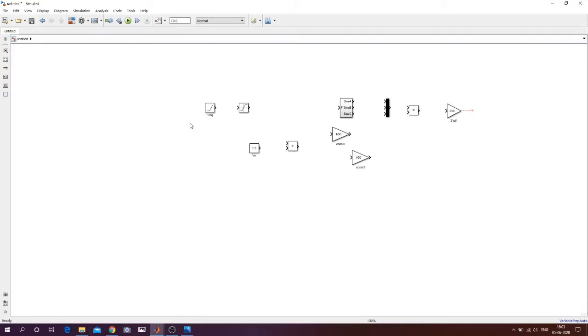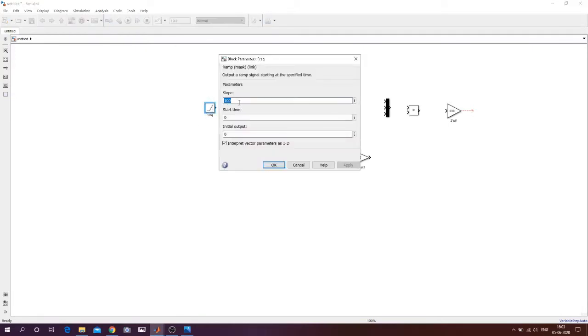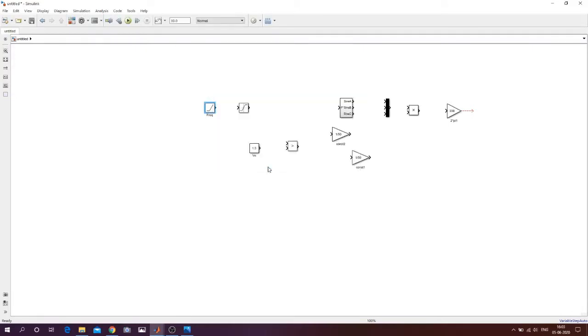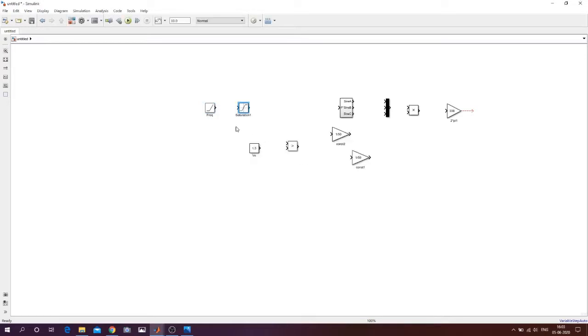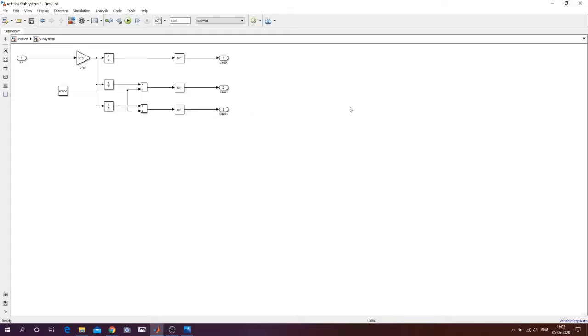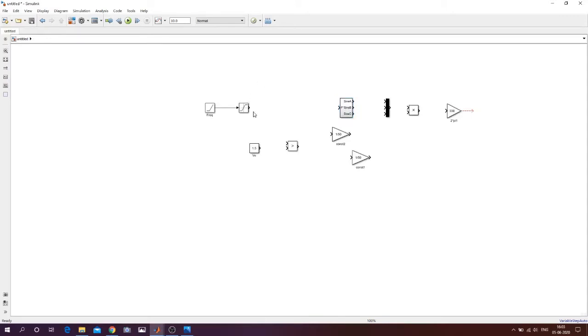So now moving on to this part, how we will do this voltage compensation. This is frequency, this is the slope we have taken, and the frequency will not go beyond 50 Hz because 50 Hz is the rated frequency. So I have put a limiter over here, connected to the limiter. This is the same thing that we have done earlier, creating a frequency and then three sine waves 120 degrees apart. Now this frequency would be fed in this block.